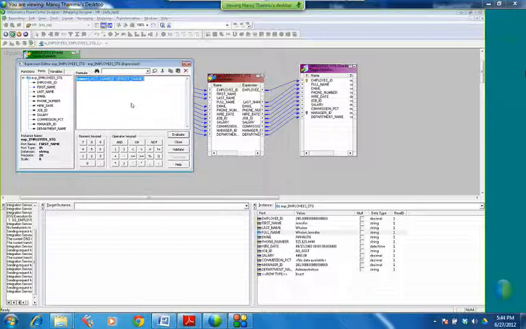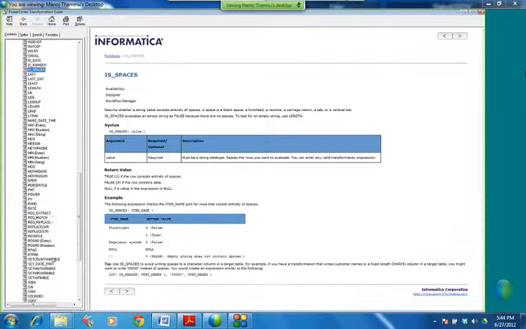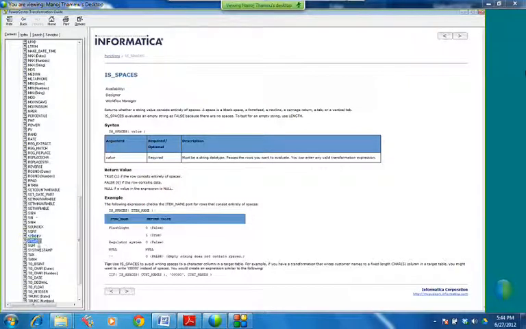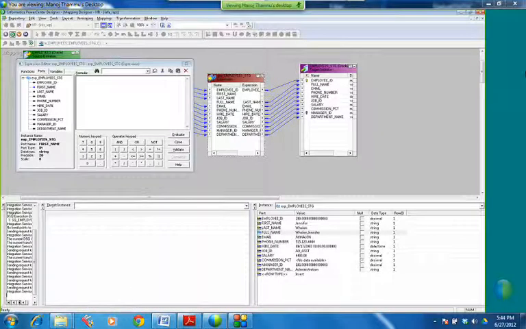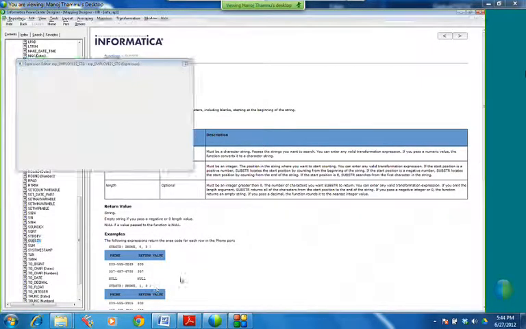This is fine. Right now, I told you, right, sometimes we need to change the phone number. We need to cut the first 3 digits and put it somewhere and last 3 digits and put it somewhere. Right, guys? Just now I told you. So for that, we make use of substring. So substring function helps us in cutting the string. What is this? This completely is a string. I want to cut that string.